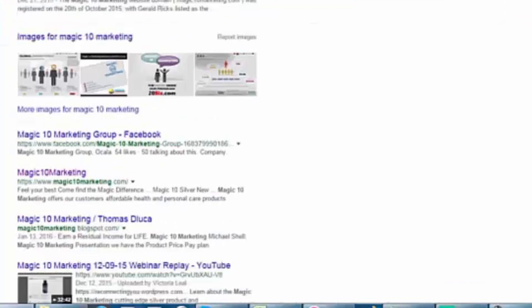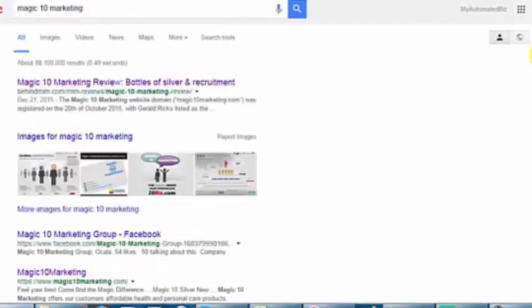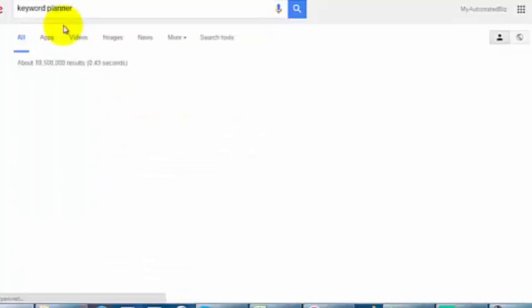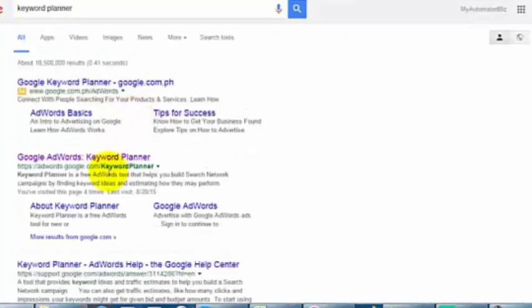You can browse under page 1, or you can use Google AdWords Keyword Planner or keywordtool.io.